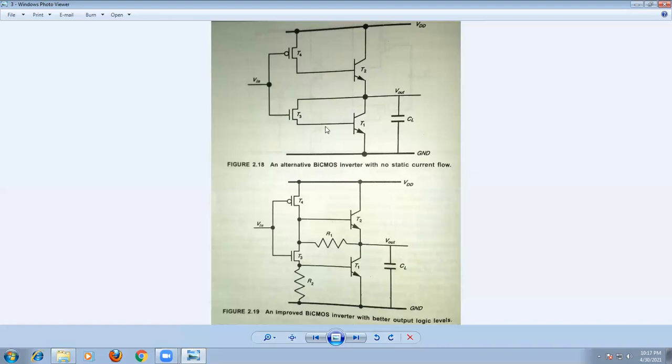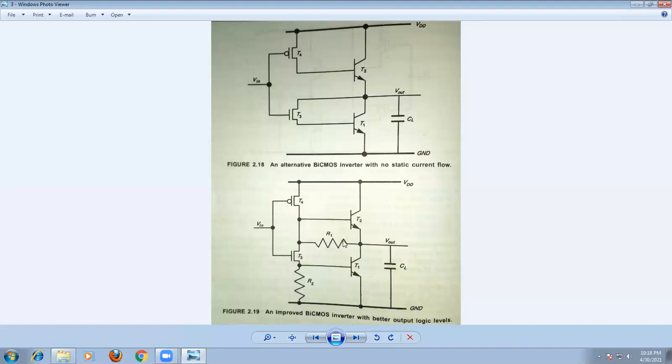So instead of this circuit, what do we do now? What is the drawback in this case? When T1 and T2 are off, there is no sufficient path for discharge. Whatever charges are stored during the on condition of T1 and T2 remain in the base of the transistor. Those charges cannot be removed, so we are providing some path for transistors T1 and T2.